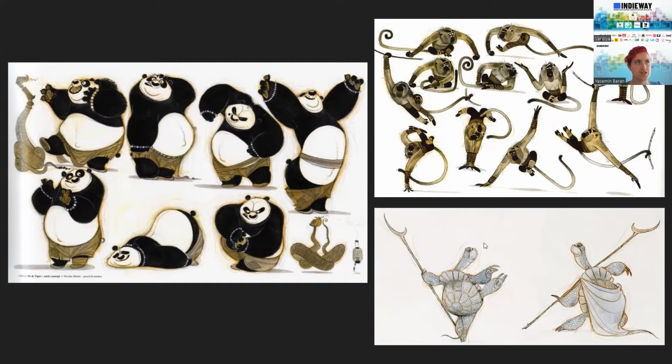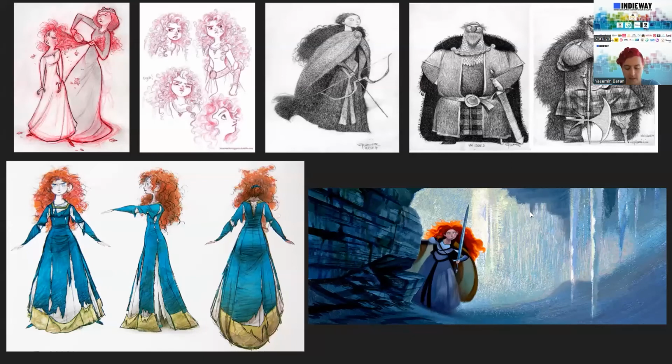The master Sifu, for example, always says inner peace, inner peace. That character has inner peace, and like a yin yang symbol, it is circular. For the monkey, for example, it is more balanced with rectangles and circles. While doing character design, these examples are from animation, but it is also the case for